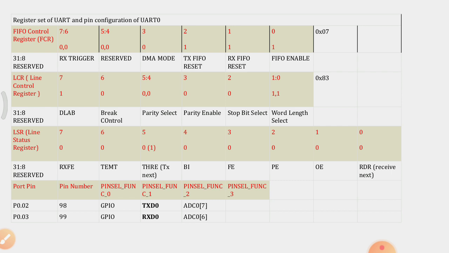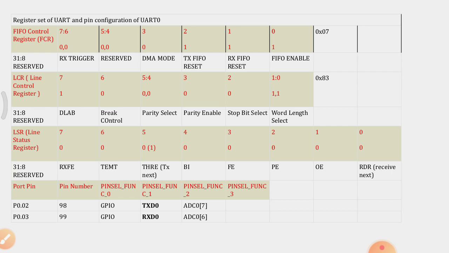The basic function is GPIO, the first alternative function is TXD0 and RXD0, and the second alternative function is ADC0 bit 7 and ADC0 bit 6. Out of these, we have to use TXD0 and RXD0.